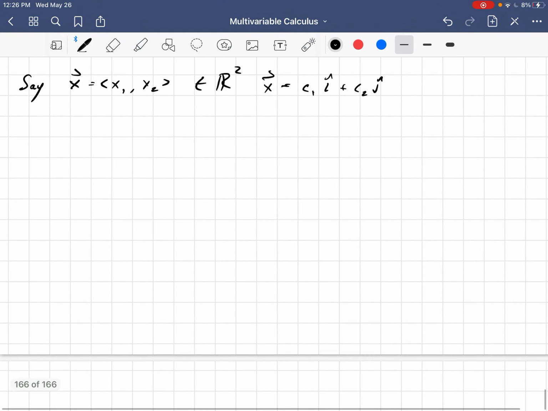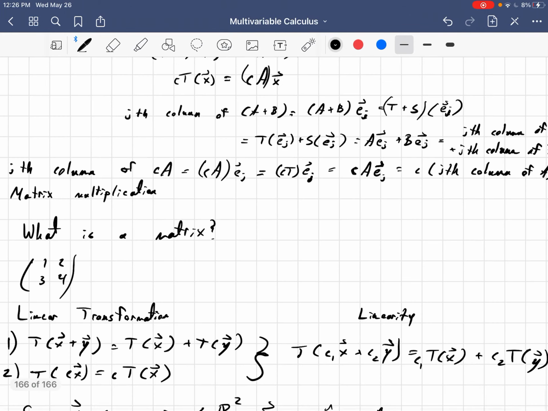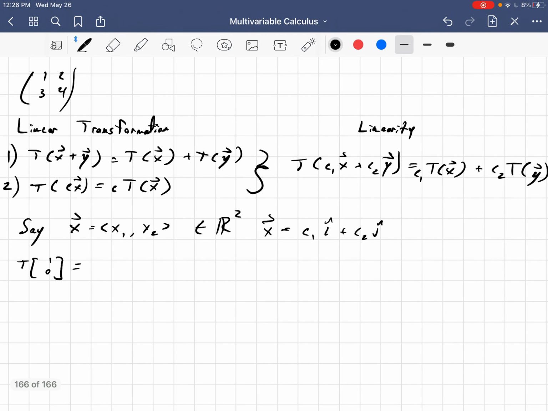So let's say, for example, that the linear transformation, we input i hat, and I'll write it as 1, 0. Say that gives us 1, 3. And let's say the transformation on j hat, 0, 1, gives us 2, 4. So what this means geometrically is that